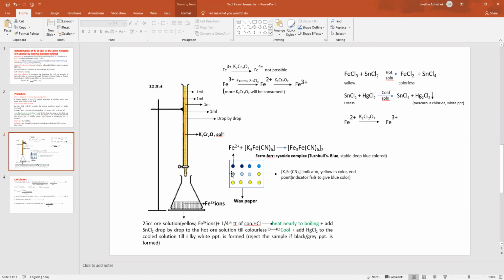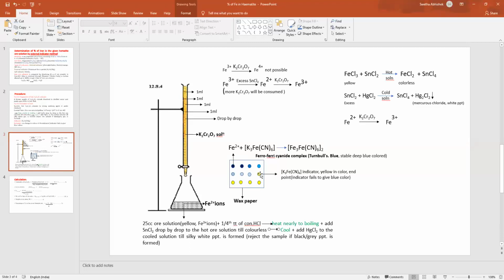That means a very small amount of ferrous ions is still left in the solution. When this pale blue color is observed with the indicator, now instead of adding 1 ml, you can add drop by drop. So add 1 drop of K2Cr2O7 and check the endpoint. It may give you blue color, but it may be pale blue. Again add 1 drop and check the endpoint by bringing the reaction mixture in contact with the indicator. Again it may give you pale blue color. Again add 1 more drop, mix the reaction mixture and bring it in contact with the next drop of the indicator, where the indicator doesn't show any blue color.